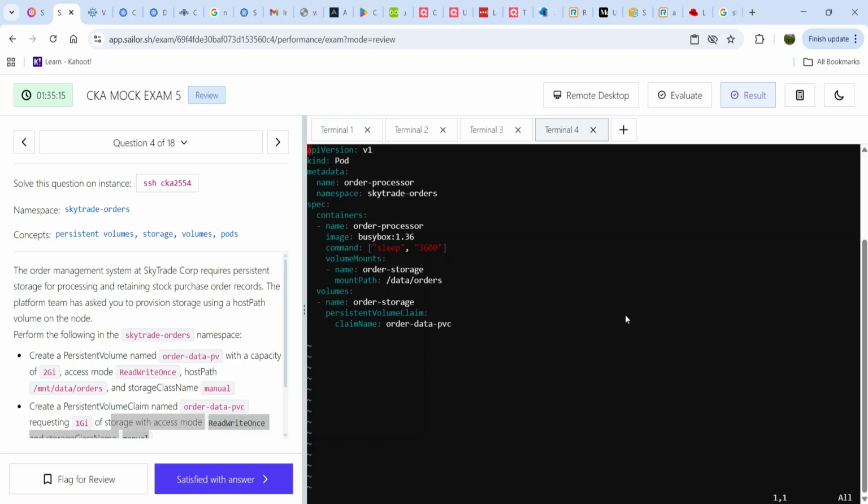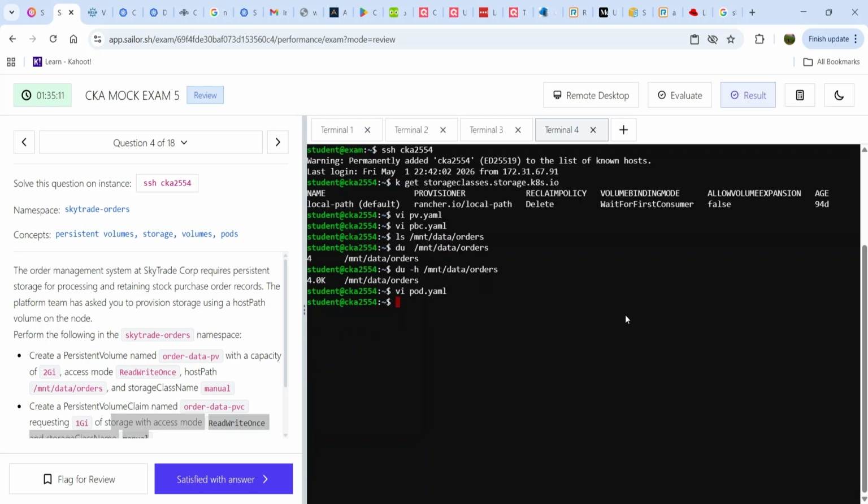So I will save this file and I will explain all. Start with create